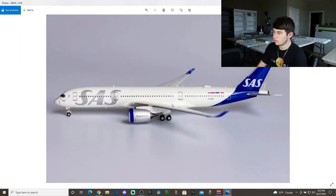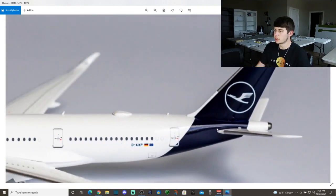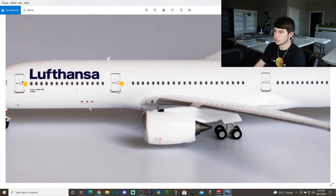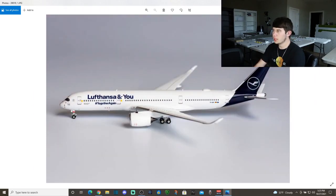And I just got to see. It was on the Scandinavian, okay, so I must have missed it. And then we got the beautiful Lufthansa tail right here as well. Once again, the lighting situation is a little different on this picture. It's like they took it with a lower ISO is what it appears to be. But obviously the Lufthansa billboard titles and No Together Again is the difference. Both are really good. I would have got the normal, but still both really nice models, as we'll take a